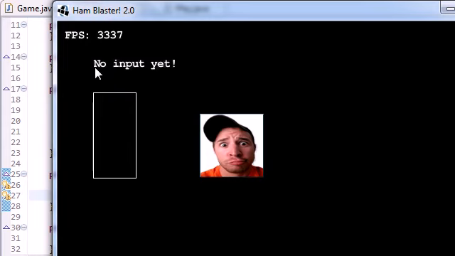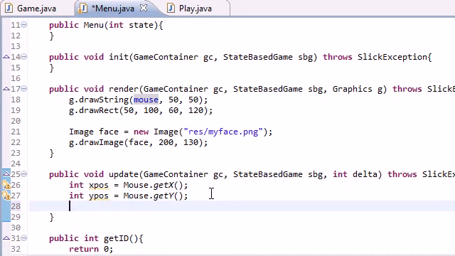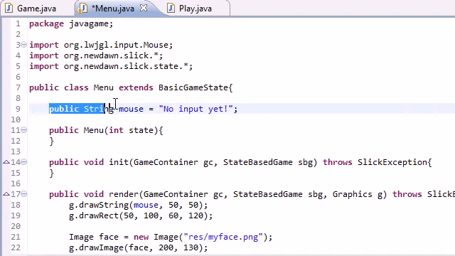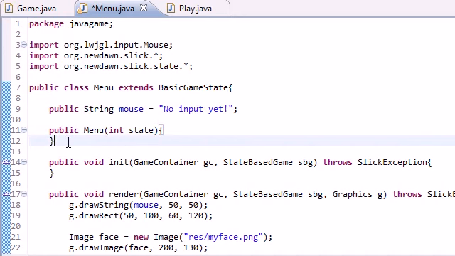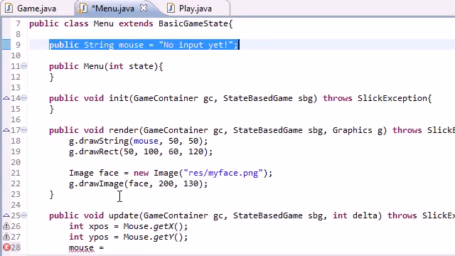What we want to do is update this text whenever we move the mouse. So how do we do that? Well, we do that by changing the variable, because remember, it's the variable that gets drawn on the screen. So how do we update a variable? Oh, come on guys, you should know this. Just set the mouse equal to, and again, this is why it's so important to make it public and outside every other method,